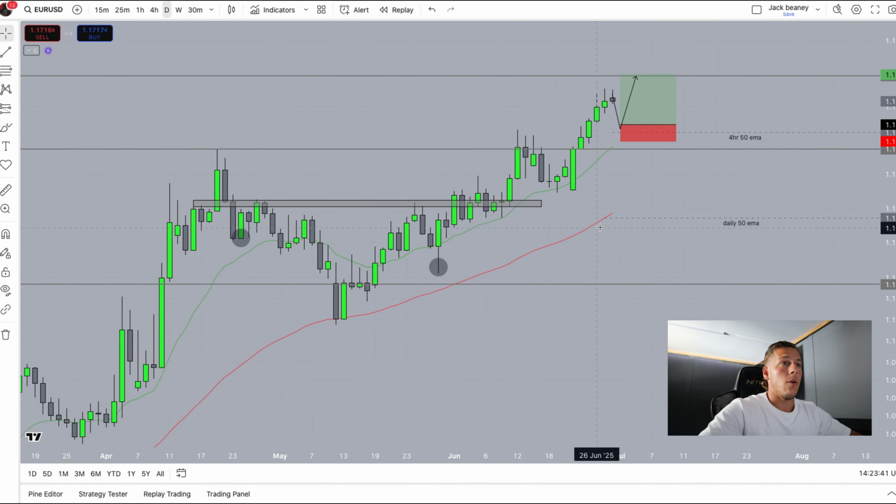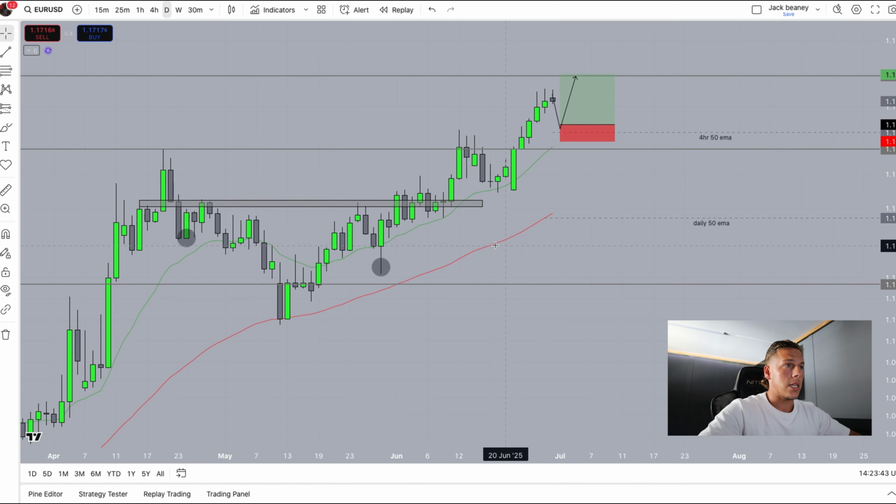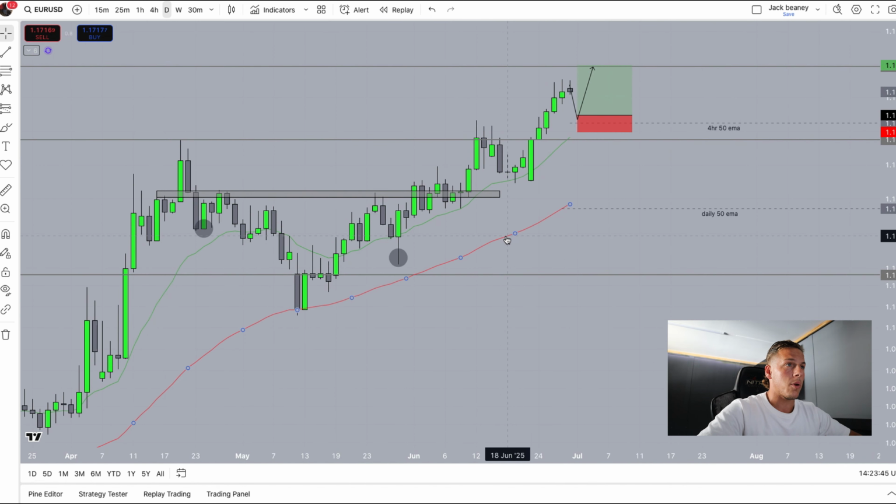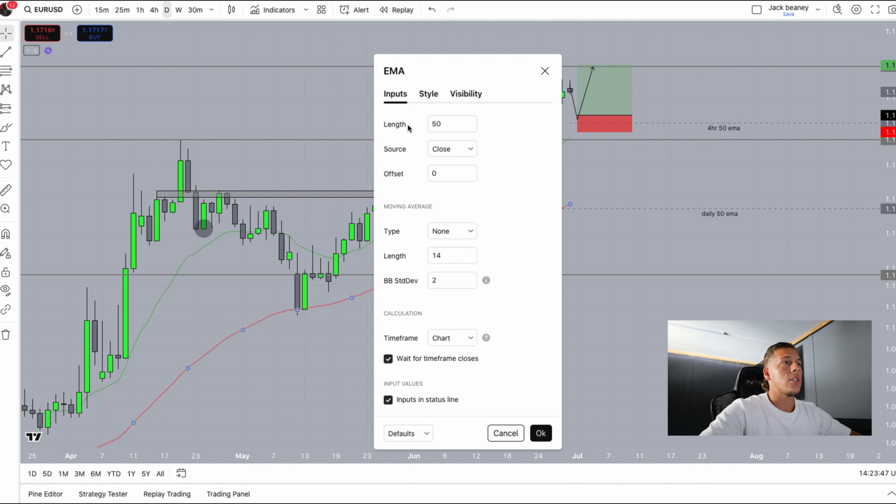So you can see here what we're looking for is this here. As you can see, the red zone, if I double click that now, that would tell you it's the 50, so the length is 50, and that's 50 days of current price flowing, or depending if you're on the 4-hour or if you're on the hour, it all goes in 50s. And my source is close, offset is 0, type is none, length is 14, and then chart is on time